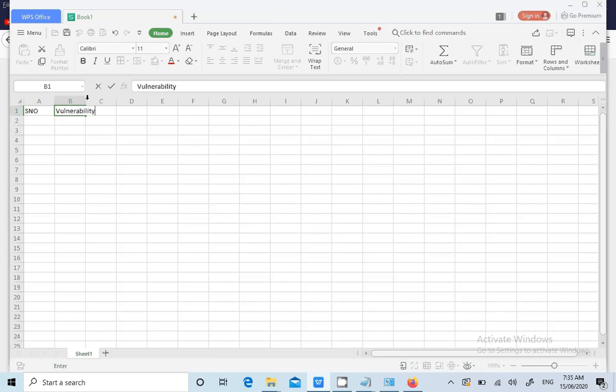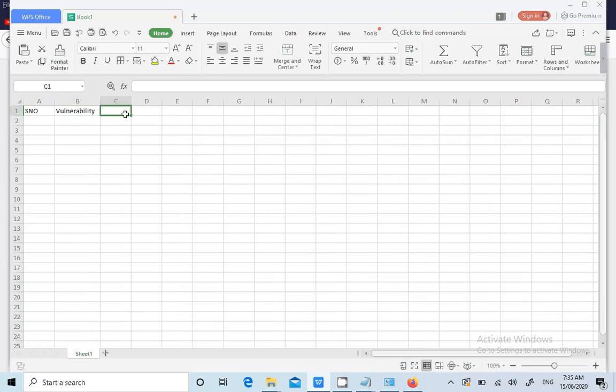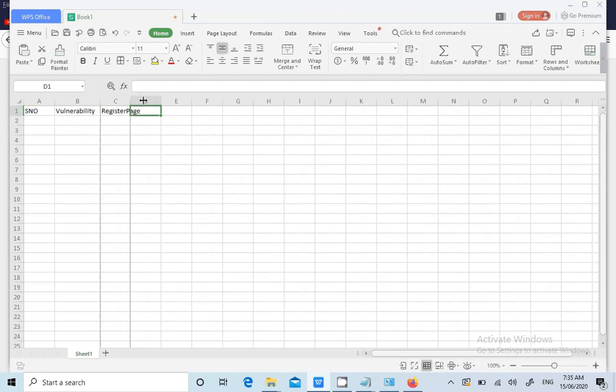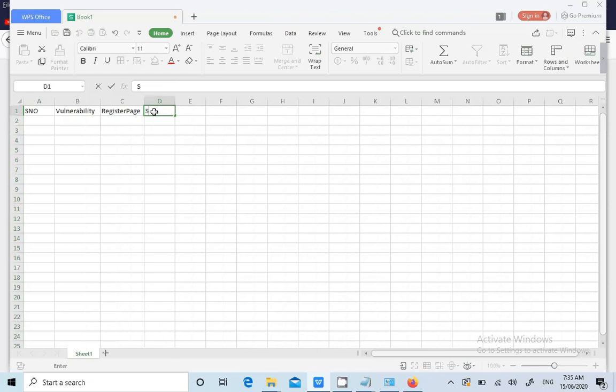Okay, vulnerability, register page, sign in page. After sign in, what all pages we can see? Edit profile.